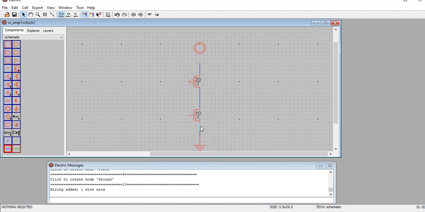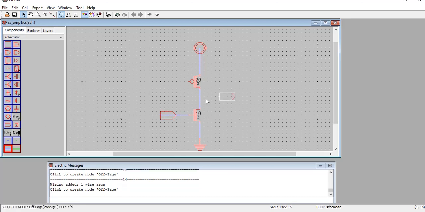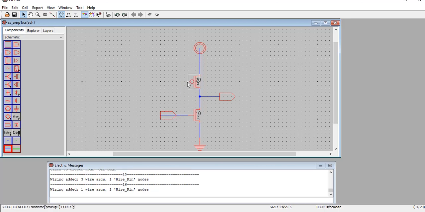I am going to join them. So I have joined it. I am even going to connect the PMOS with VDD. Now here I am going to give the input to the NMOS, and I am going to take the output from this point, and I am going to tie up this portion back. I will left click, come here, right click, come here again, right click, come here again, right click. This is the tying up of things I am going to do. So I will try to rejoin them properly.